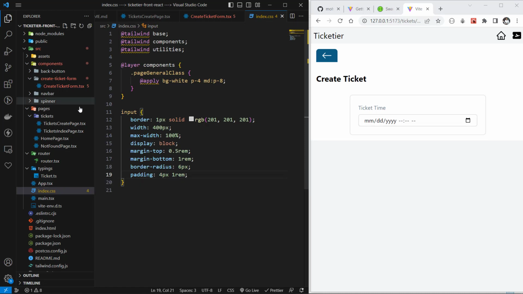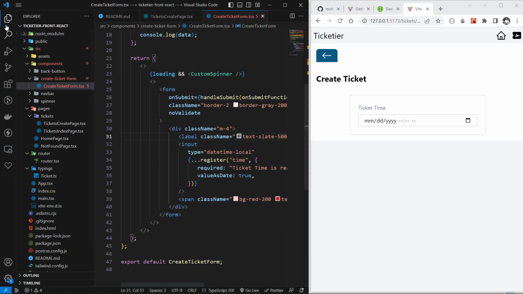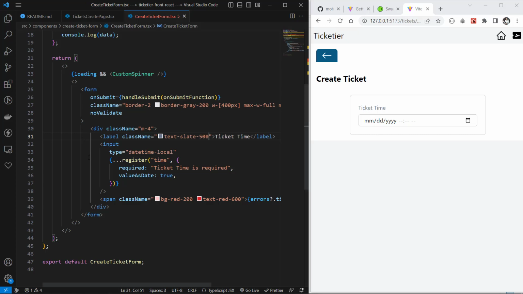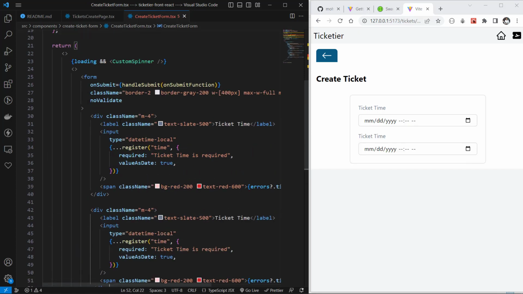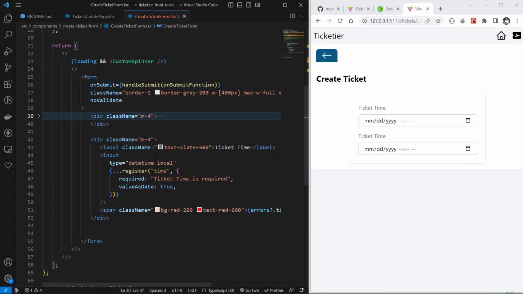So with this, I have these classes for inputs in all of my project, and this is better than just using Tailwind classes. So this is it. Now you can see that it is beautiful. So let's continue and go to the next part. And after this division, we can copy this. Okay, so this was ticket. Let's minimize it. So the next thing is, after ticket time, we need to have a passenger name for my